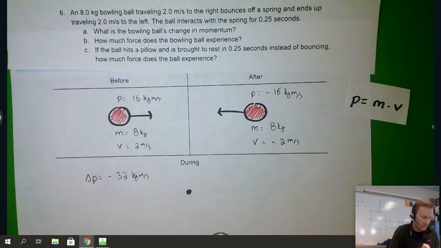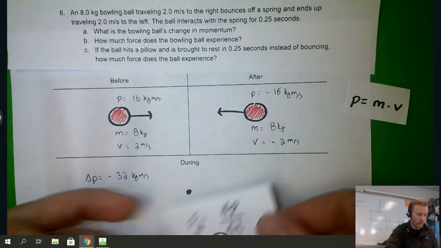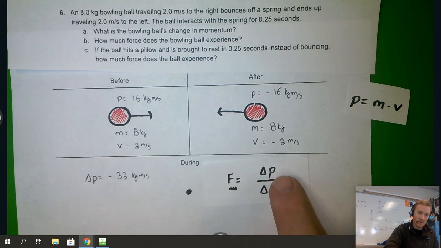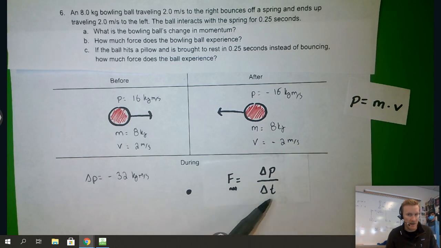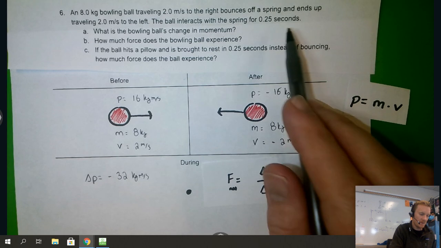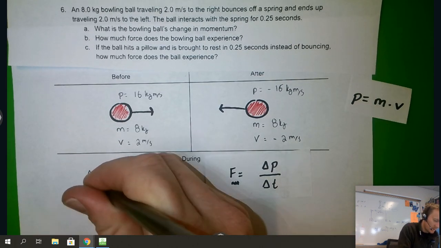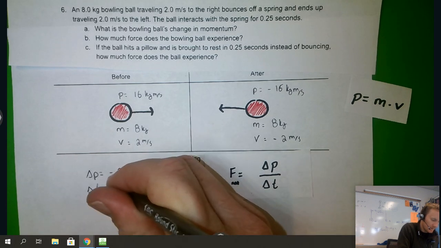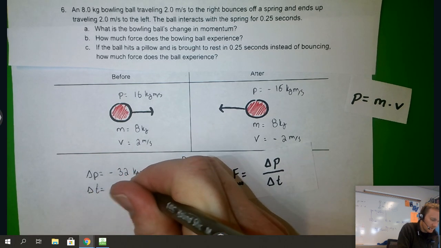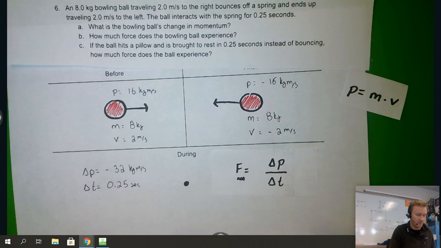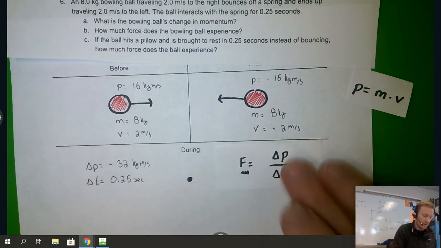Okay, so now we want to know, how much force does the bowling ball experience? Recall that we can calculate the net force if we have the object's impulse, its change in momentum, and its change in time. It did say that this whole ordeal took about 0.25 seconds, so we can say the change in time is 0.25 seconds. And now it's just a plug and chug. So the net force